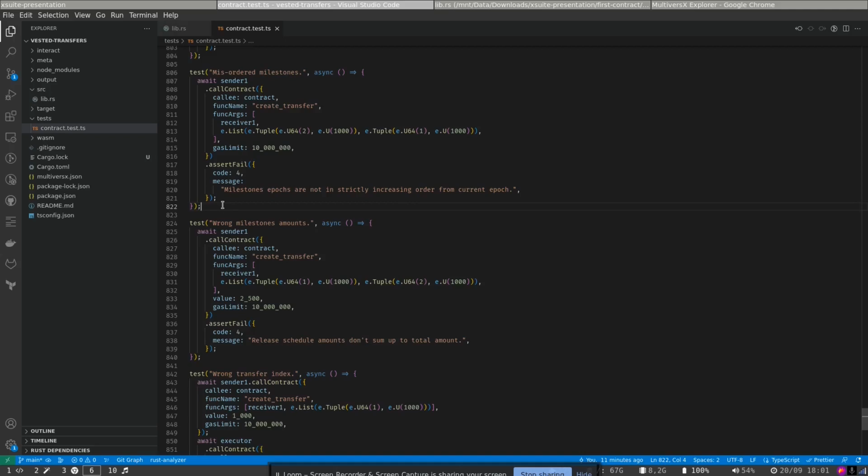we verify that in case a user creates a vested transfer with milestones that are not in the correct order, the transaction fails. So, for example, we can see that the first milestone of the vested transfer is at epoch 2, and the second milestone is at epoch 1. But this is incorrect. The epochs of a milestone should be strictly increasing,